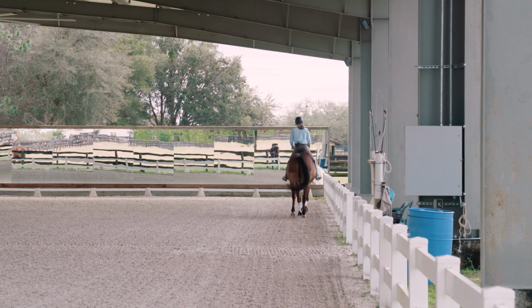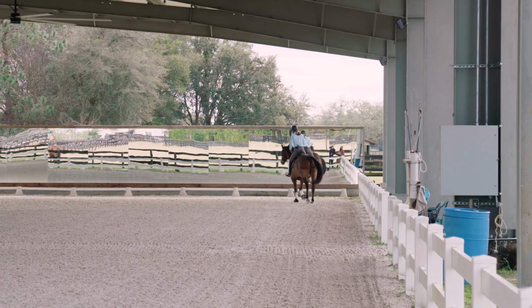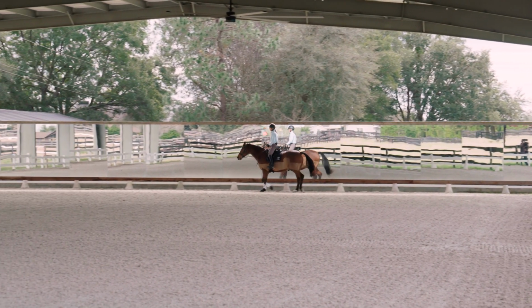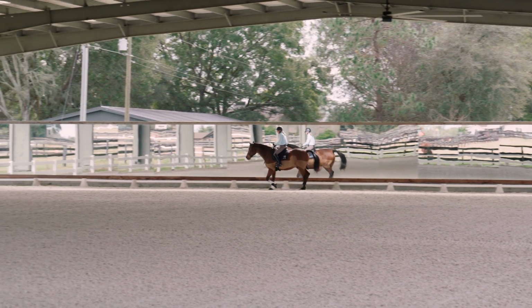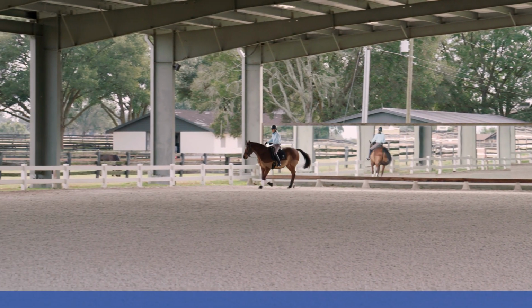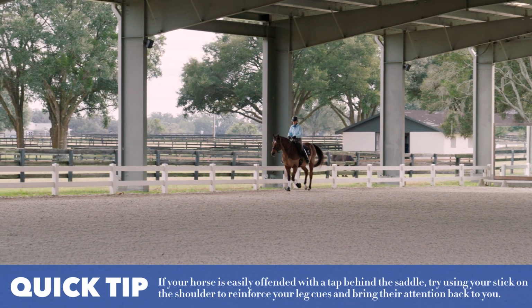And then I might just tap him lightly with the stick on the shoulder. And the reason I use the stick on the shoulder is because that's an area that horses generally don't get offended if you ask them to go forward. If I use the stick behind my leg,